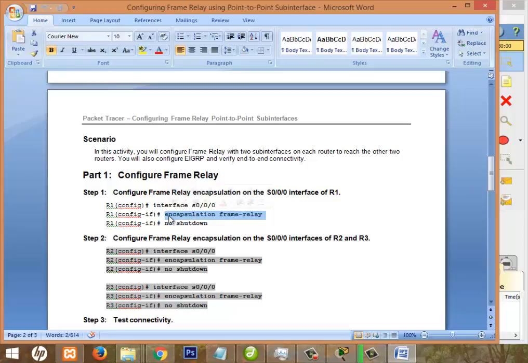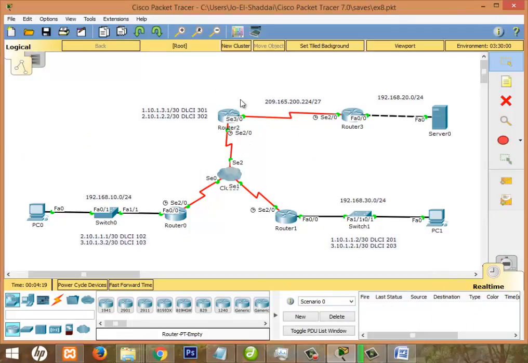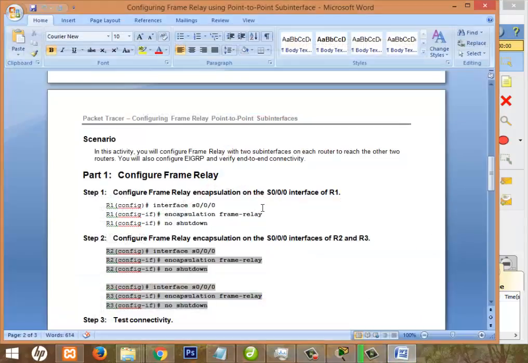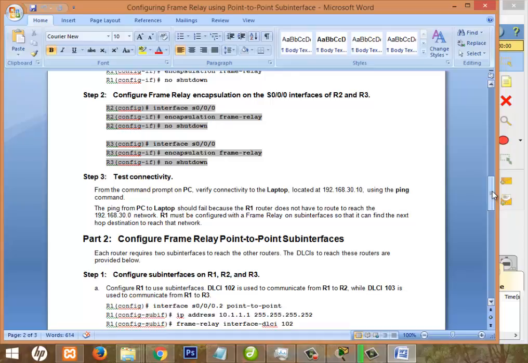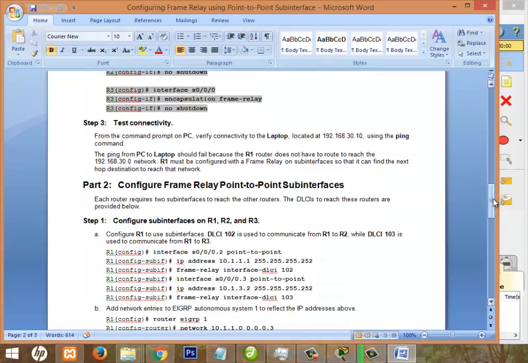This command brings in the concept of frame relay for each interface. Since we have three different routers in this topology, for each router we use this frame relay concept for the interfaces. The same command is used for each of the interfaces, so that's for configuring the frame relay part.